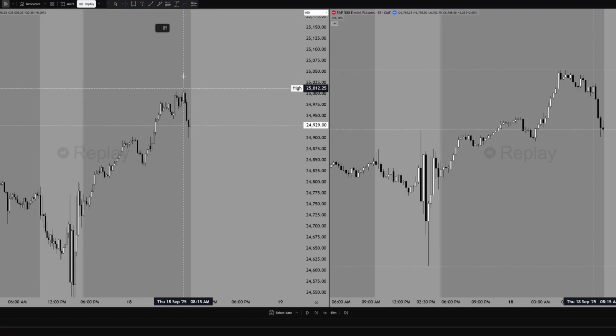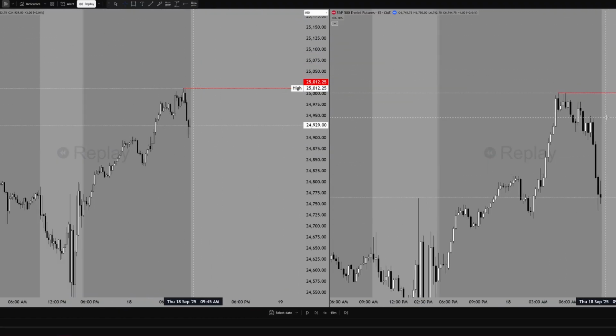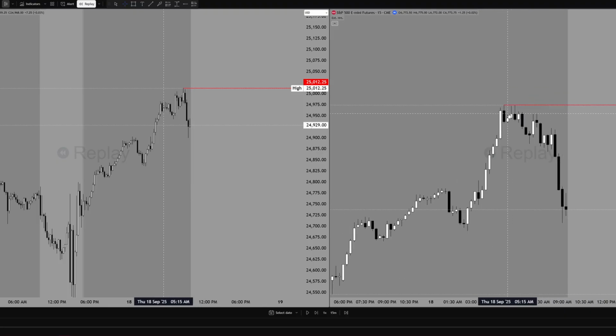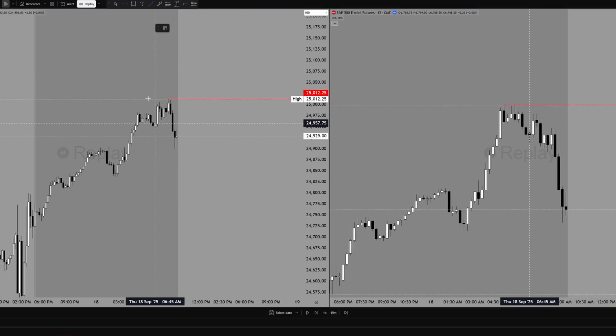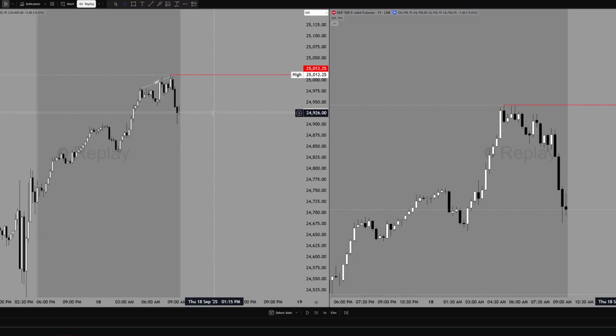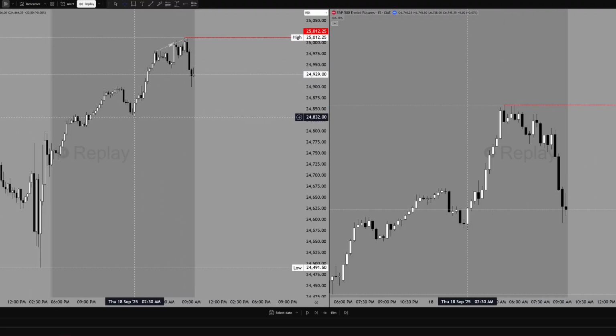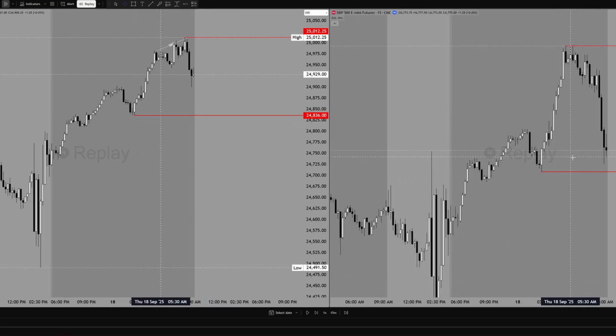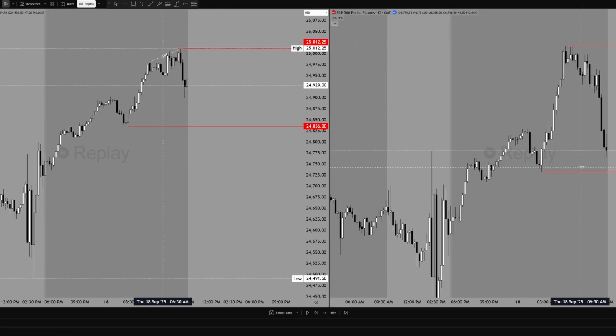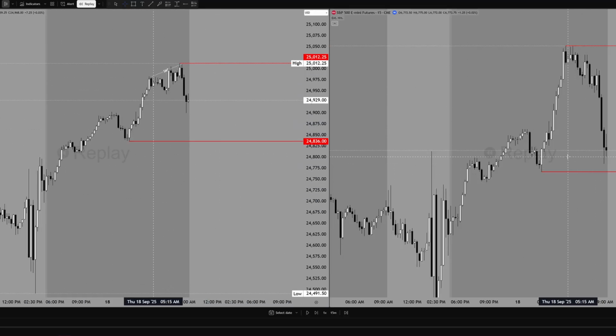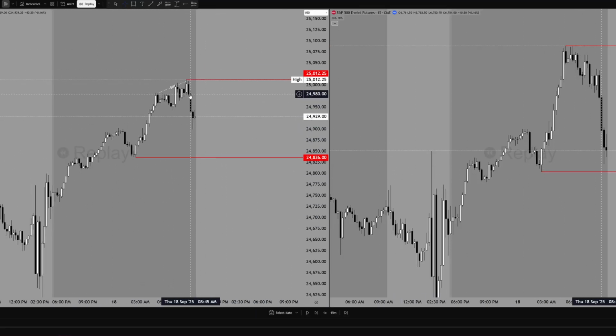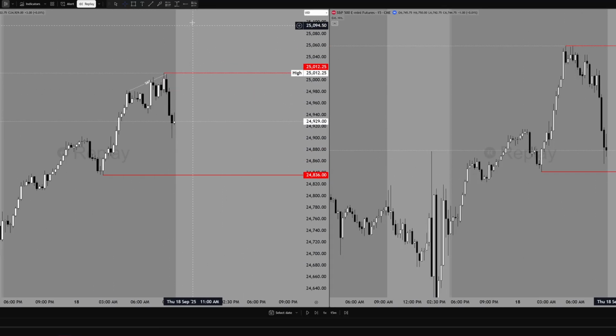So I'm gonna mark out these highs, like I always do, and then we have these equal highs on ES, but this is also bearish SMT. So we are delivering lower with the bearish SMT. We had this low here, and we had this low on ES. So we could take this low on ES and get bullish SMT and just deliver higher. But we also have these SIBIs right here that we may just respect.